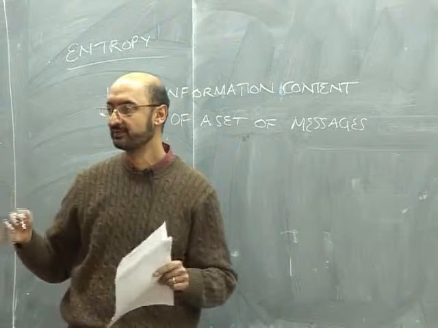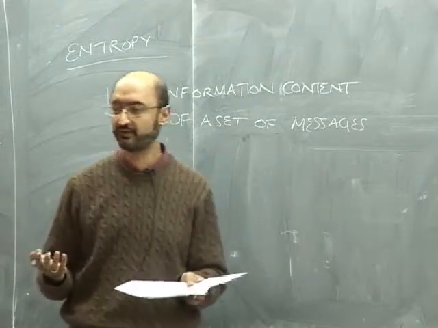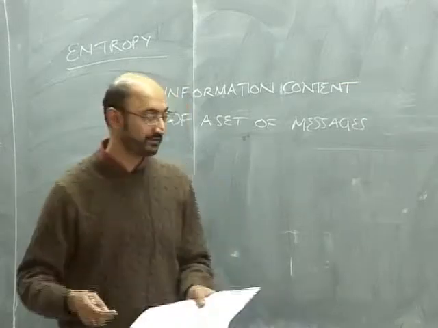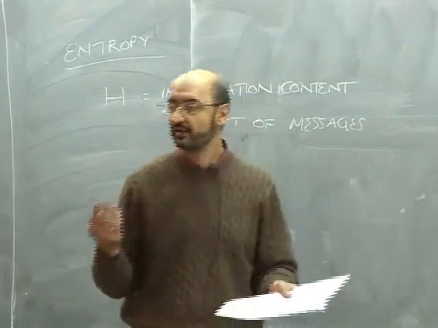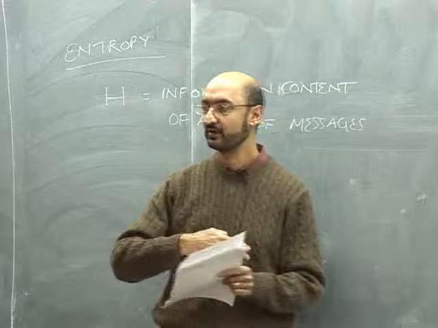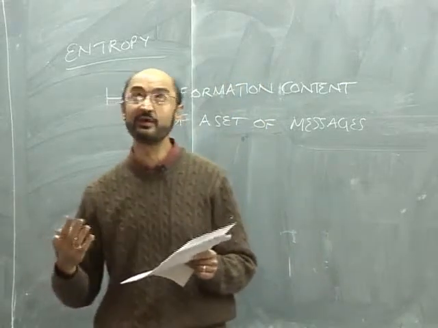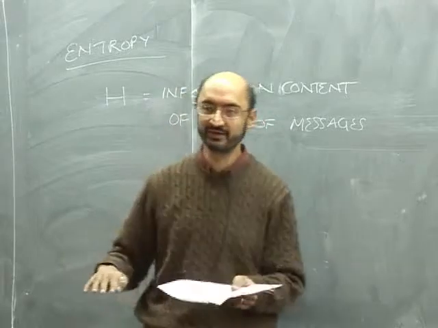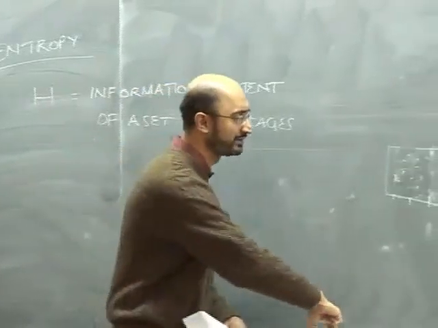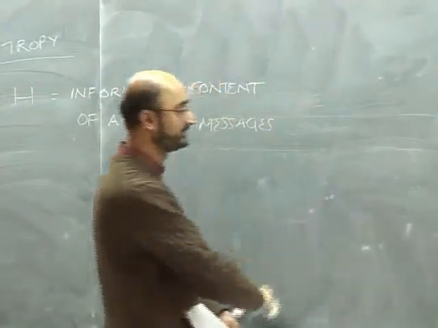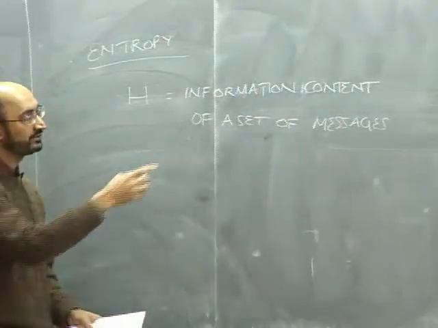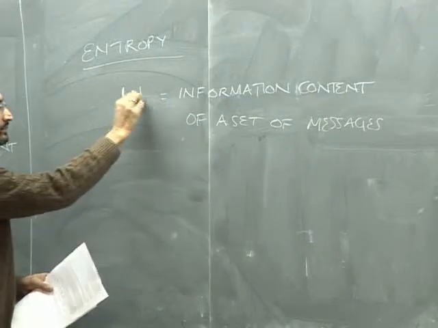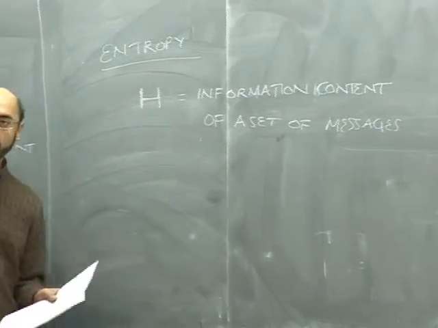The dots all over the place is actually almost maximum information content, because I need to tell you exactly where every dot is, okay? So, of course, one could argue that you don't really care where the dots are, so I could send you any image with dots all over the place, and you couldn't tell the difference, so it has zero content. But anyway, from this perspective, if you do care about where every dot is, it has the most content. So the information content of a set of messages is precisely the entropy,